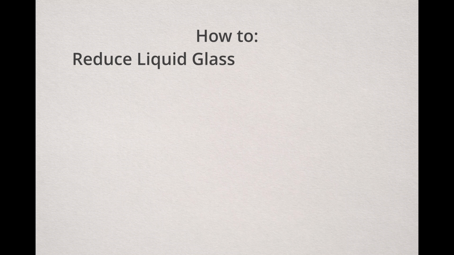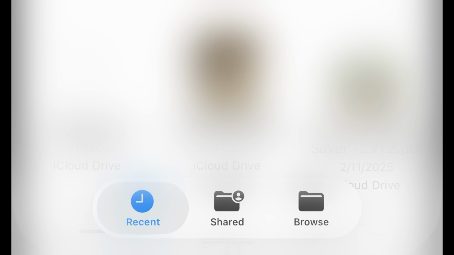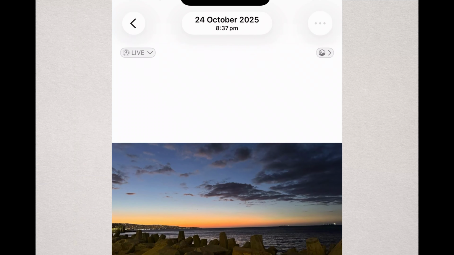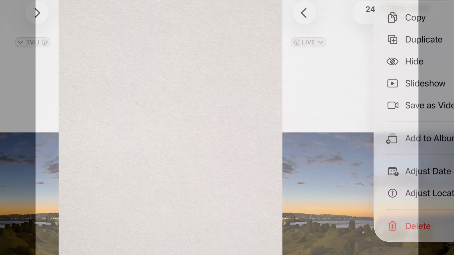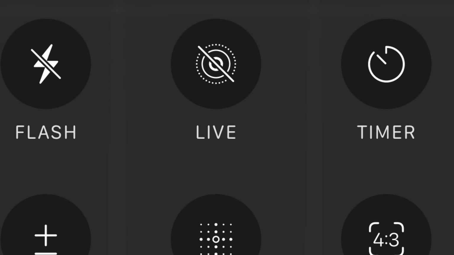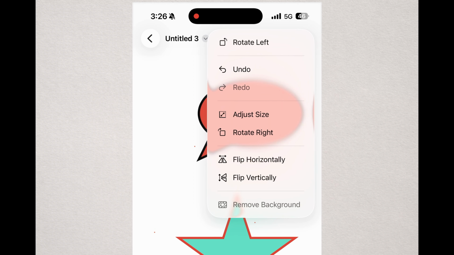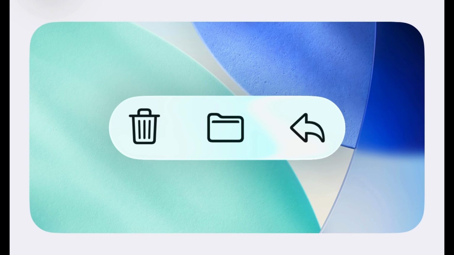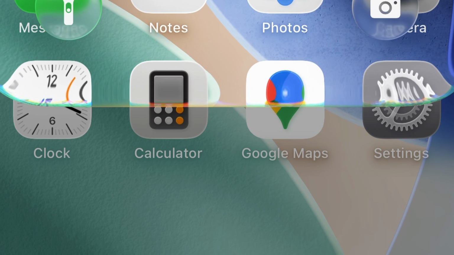Let's look at how to reduce the liquid glass effect on iPhone. Apple's recent software update saw the introduction of the liquid glass effect on iPhone. Put simply, liquid glass is the new user interface design, which impacts how things appear on iPhone and other Apple devices. The use of translucent backgrounds adds a modern element to the overall experience. However, there are many reports claiming the new appearance is harder to read. Luckily, this can be improved with a small setting change. Let's dive in.